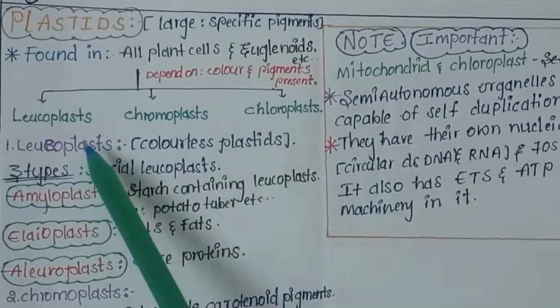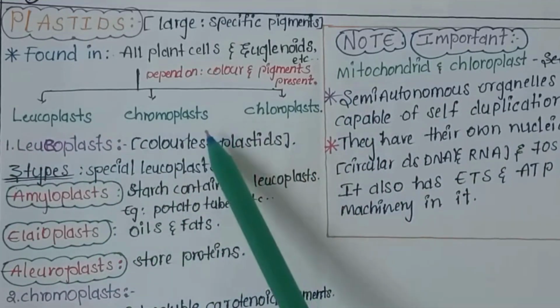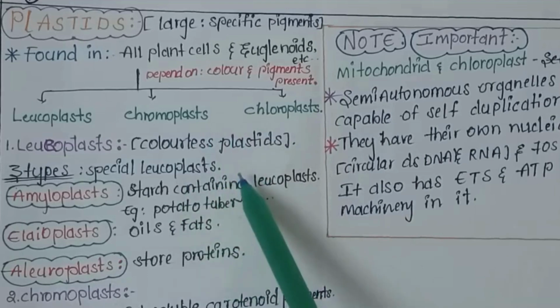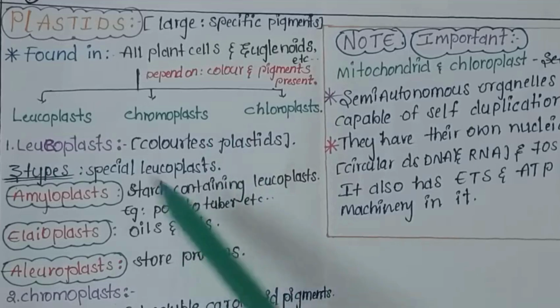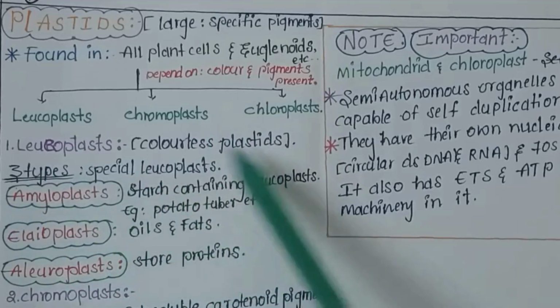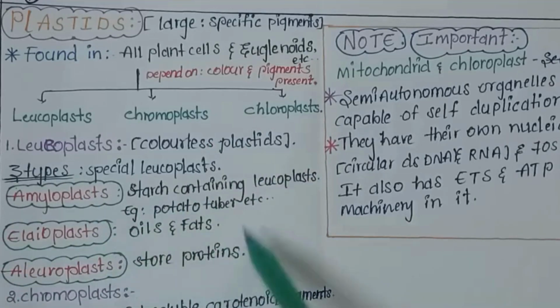chloroplast. Coming to the leucoplast, these are colorless plastids which are present in non-green cells. These are of three types: amyloplast, which contains starch, for example potato tuber; elaioplast, which stores oils and fats; and aleuroplast, which stores proteins in them. Coming to the chromoplast,